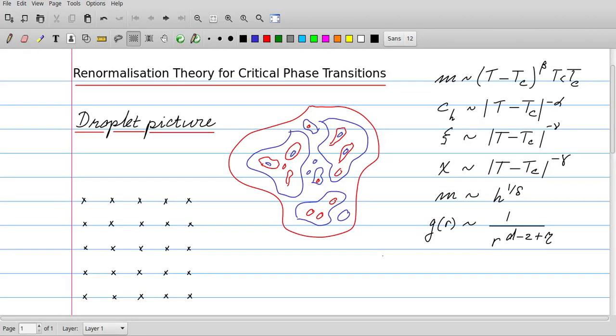In that renormalization theory, we try to exploit the scale invariance of the system, and we do that by starting with an Ising lattice formulated on a square lattice. So here we have a square lattice, there are Ising spins on each site, and we want to map this system onto a coarse-grained system, and we do that as follows. We identify plaquettes in the lattice like this, and these plaquettes are separated by a lattice constant,